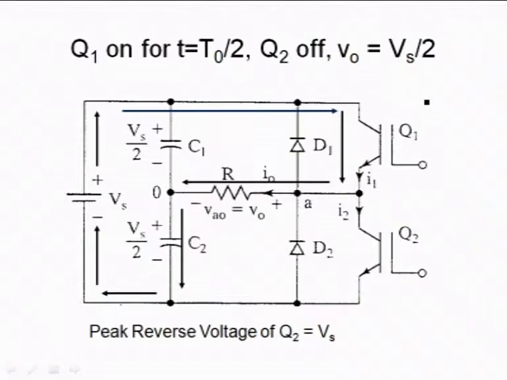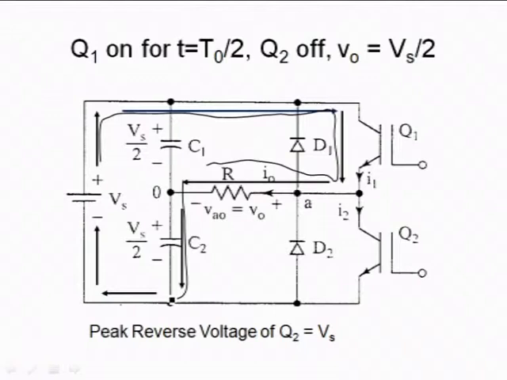So, we have two transistors, which can be BJT, or as we have seen, IGBT. They will be switched on and off alternately. During the first interval, let us take Q1 on for T equal to T naught by 2. So, from T equal to 0 to T naught by 2, transistor Q1, the IGBT Q1, will be on, and for this duration Q2 will be off. See the direction of current here. This is the direction already shown by the arrow mark. This is the direction of current flow.